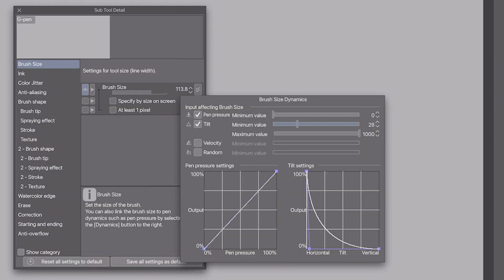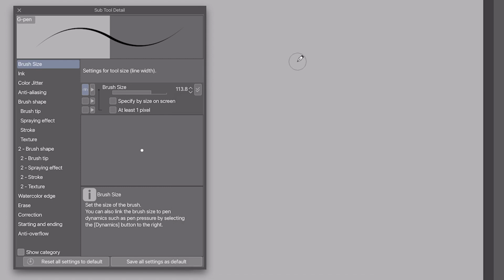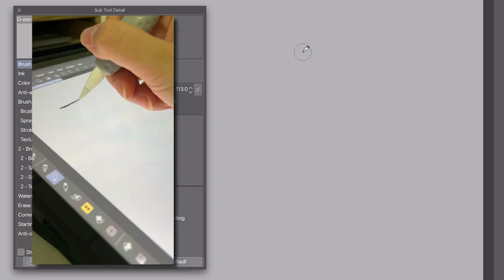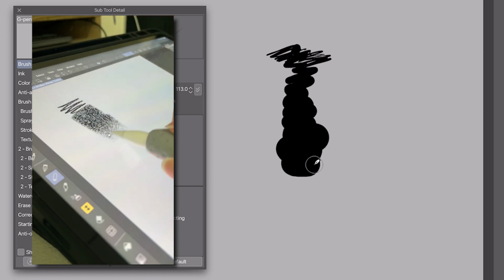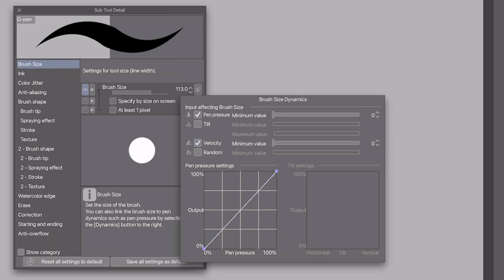Next up is tilt. You'd have to play with these settings a lot. This would have to be combined with a few other settings to see the results, but tilt applies when you tilt your pen against the tablet, obviously. But some tablets do not have this function. Newer tablets these days do have this function. So with this setting, with my pen upright, the stroke is very small, and as I put my pen down, the stroke is larger.